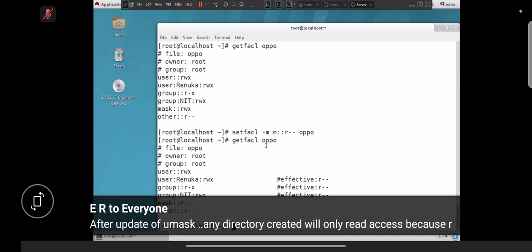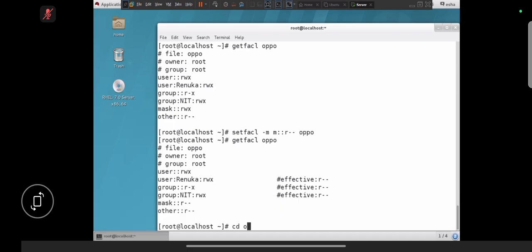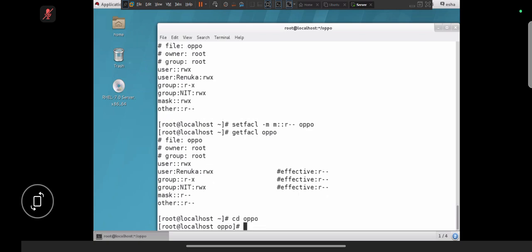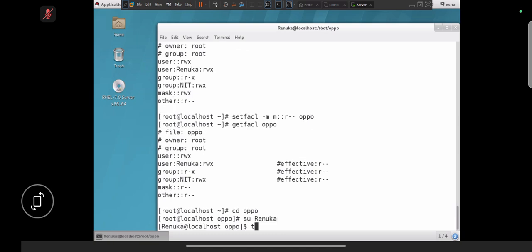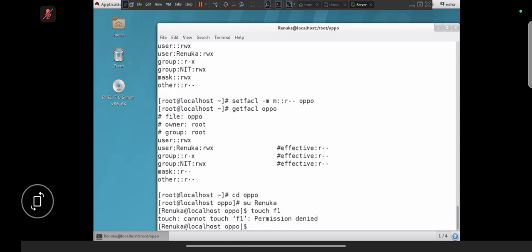Got it, guys? If you want, you can try. cd Oppo, then log in as Renuka and then try to create the file with the help of Renuka user, F1. What happens? See? I hope you got it. Remember,